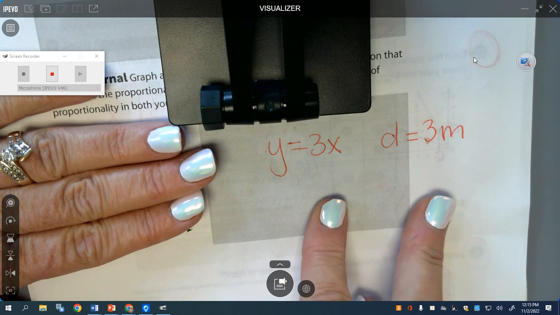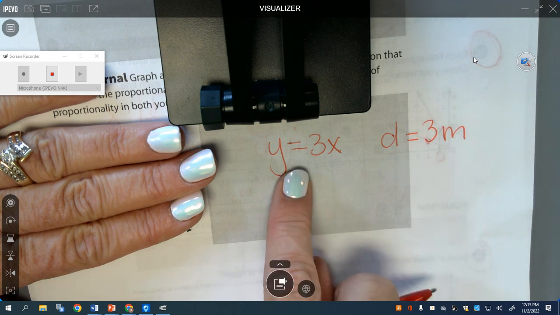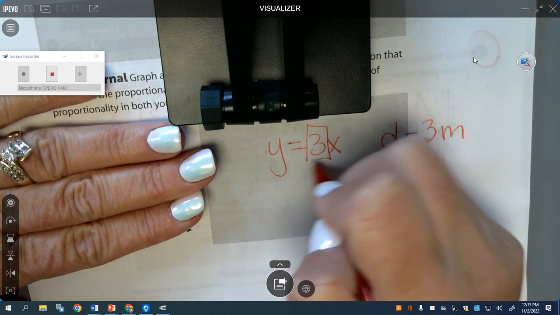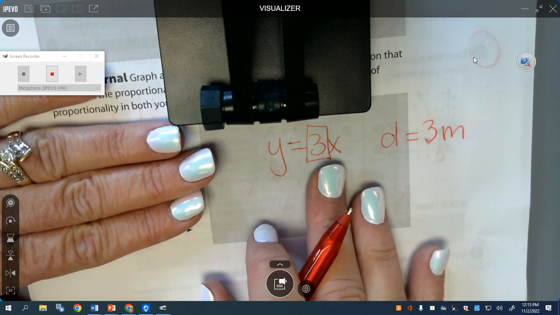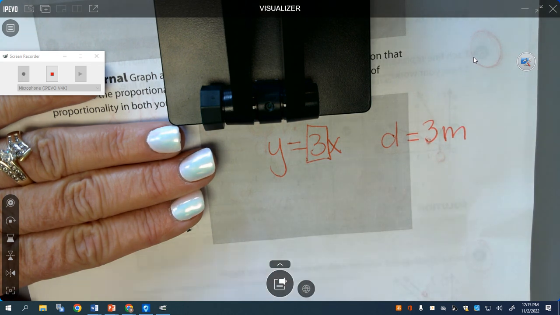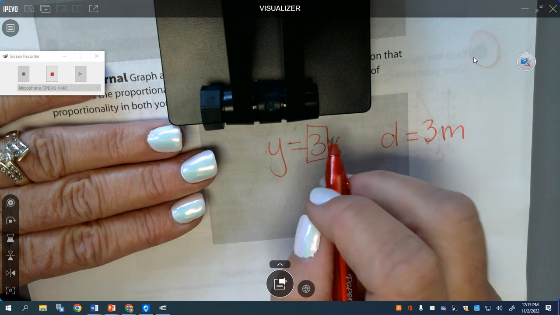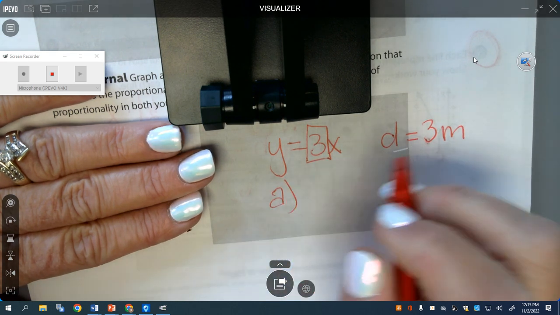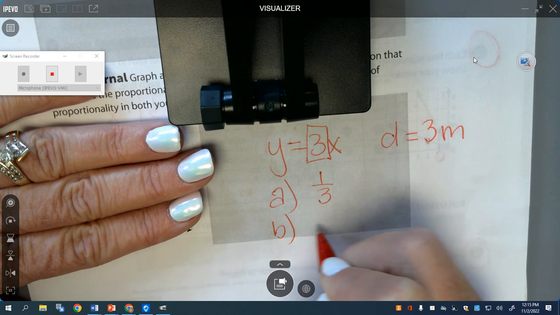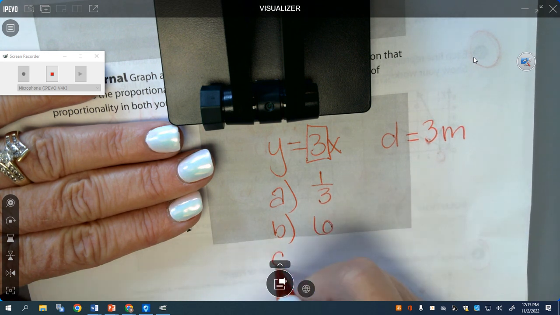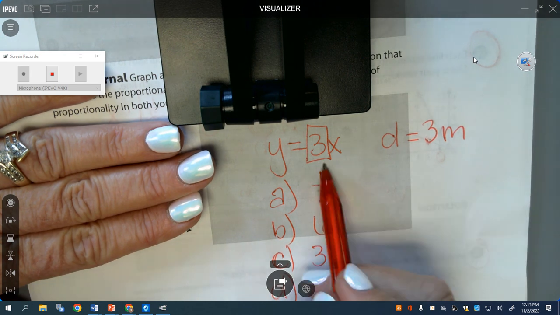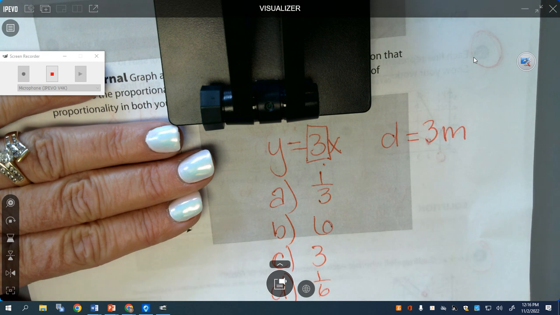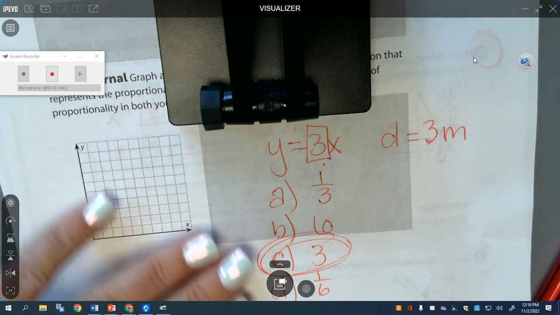They both cross through (0, 0). They both have a constant. What is the constant for this equation? 3. Remember, we talked about this a lot. The constant's always in front of the variable. Okay? All right, now tomorrow you're going to have a question that's going to be like this, and you might have, A, I think would be like 1/3, B would be 6 maybe, C is 3, and D is maybe 1/6, right? Well, what was our constant? 3. So the answer would be 3 for that. Okay, please make